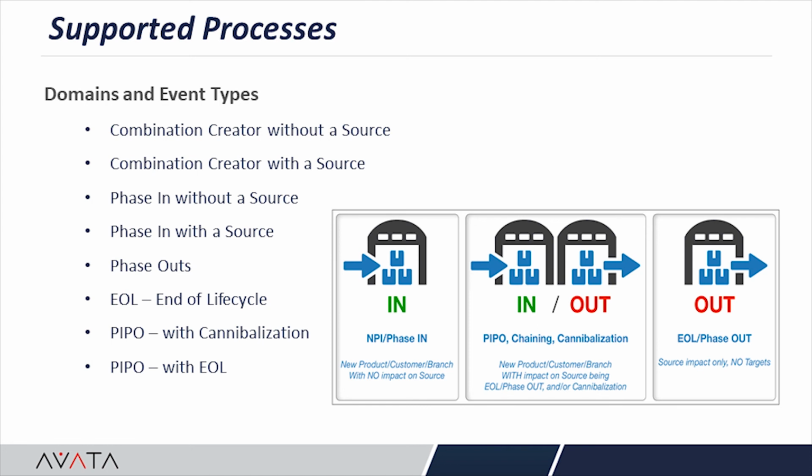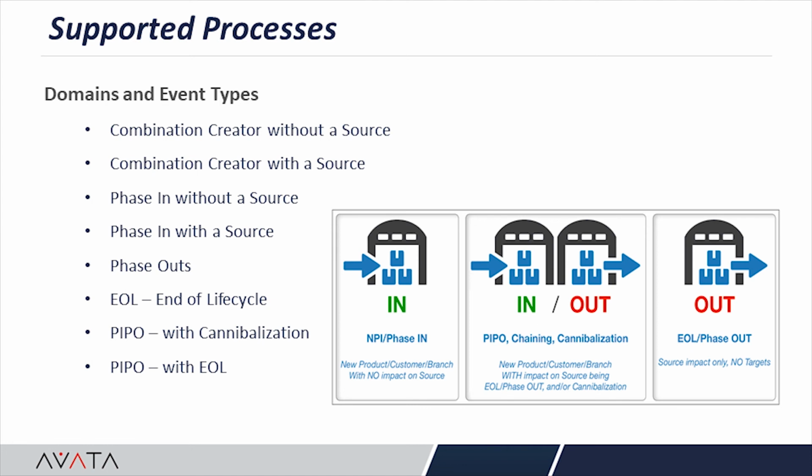A phase-in with no source, or sourceless, creates combinations with the ability to enter a fixed history and or fixed forecast value, with the user able to spread or build up the initial forecast over several user-defined periods or percents. A phase-in with a source copies a source's history and forecast values to a new target set of combinations without affecting the source's history or forecast. In other words, we are using A to seed B, but at potentially different percentages of A's real volumes. This is phasing in with a classic chain.